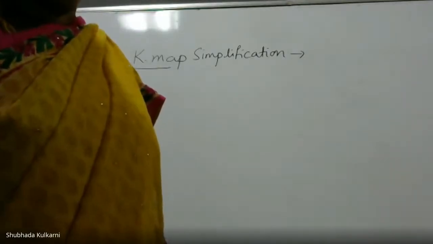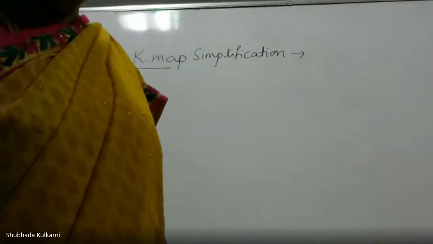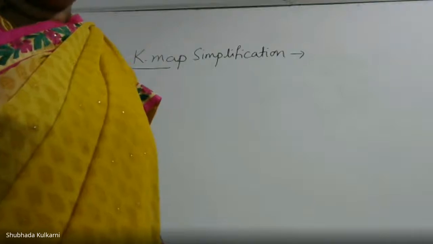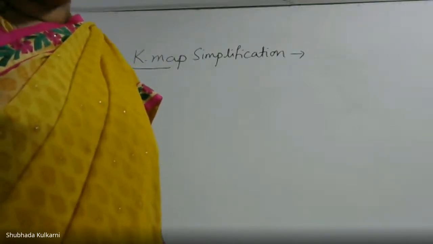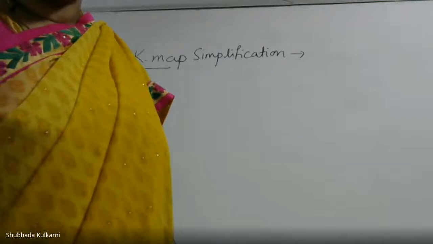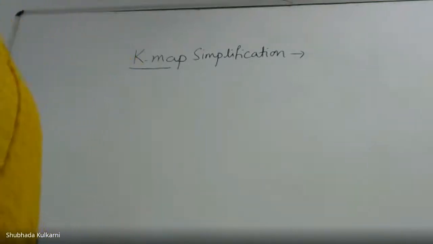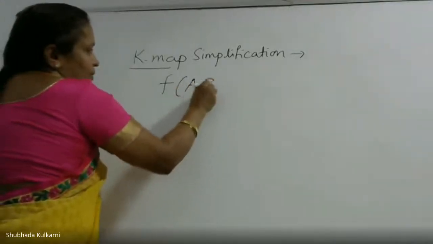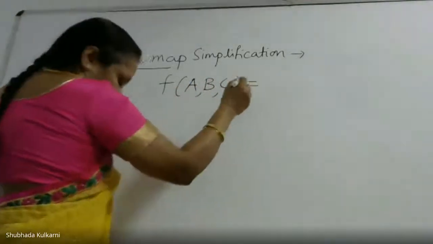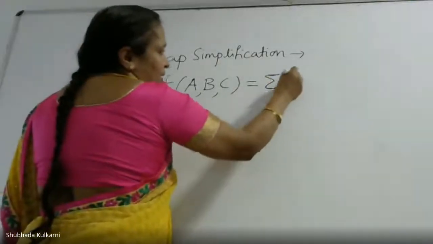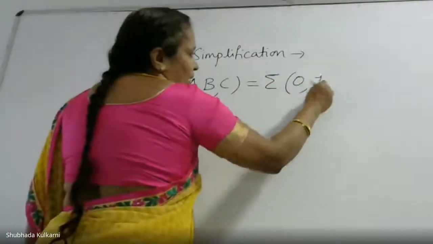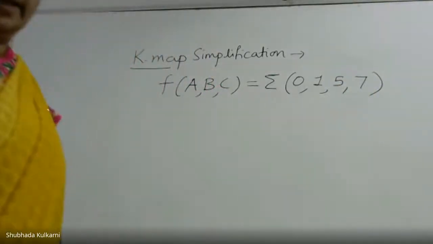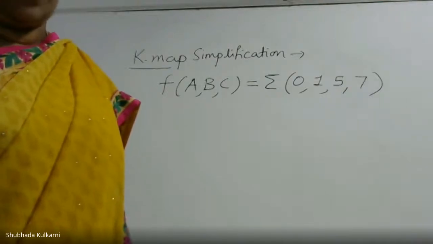So when we want to simplify by using SOP, we only have to focus on min terms. And what are the min terms? Fundamental product terms for which the output is logic 1 for given input variables. For example, if I write f of ABC equal to sum of min terms, the notation is summation m 0, 1, 5, 7. To begin with, I have considered a 3 variable Boolean function.